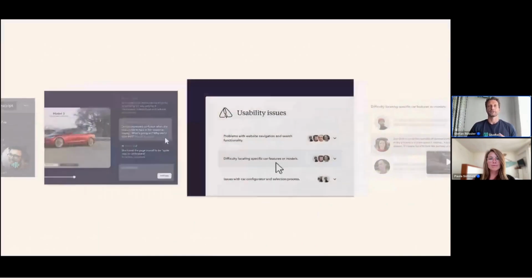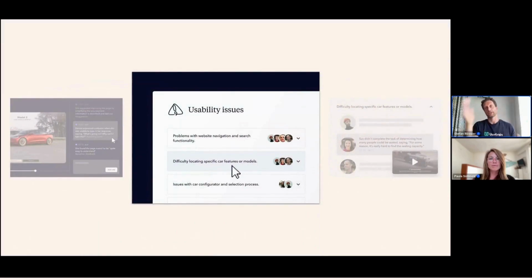And then you can see an overview of the usability issues in these tests, like problems with website navigation and search functionality: 4 people had this issue, or difficulty loading specific car features or models: 3 people had this issue, and so on and so on. I'll show you this in a second in the actual tool, but it's just basically what happens.